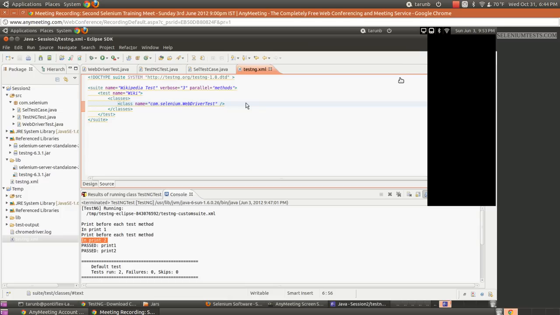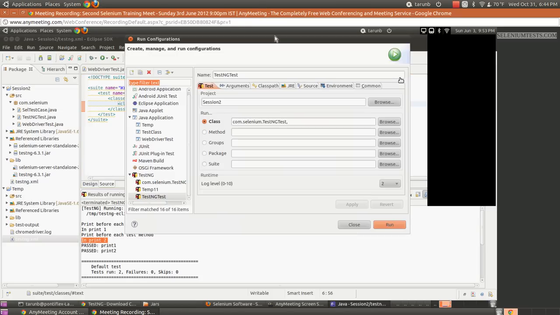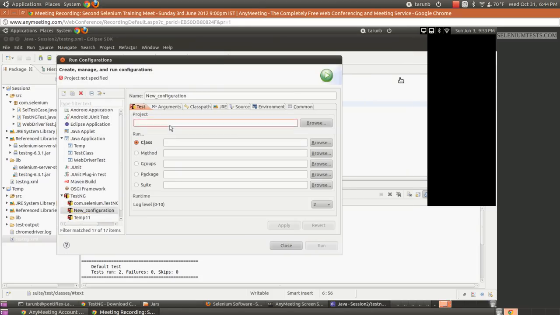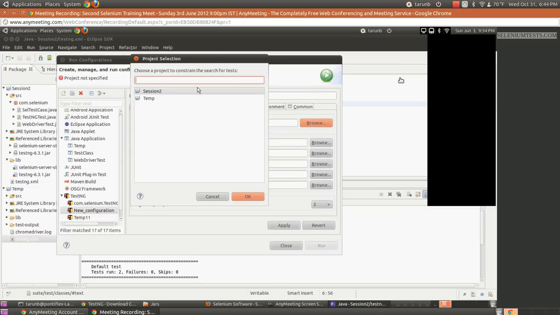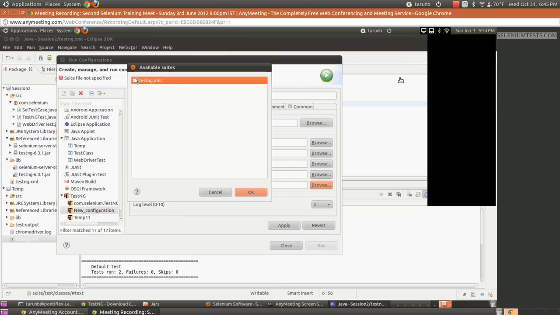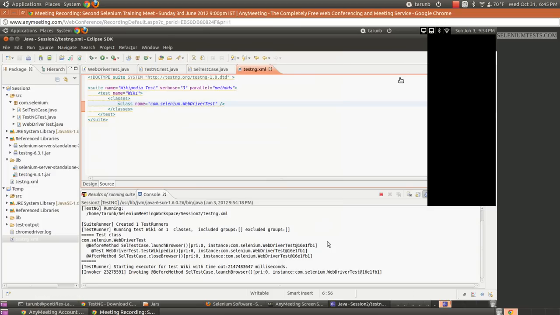Now to execute this as part of the TestNG XML, we will use the Eclipse plugin of TestNG. I'll say run as. I'll use run configuration. So you guys see that I have TestNG here. I'll create one more instance here. I'll name it as session 2, which is our today's session. Let me browse the project here, which is session 2. You can give class, method, other things here, but we'll pick up the suite here. So yeah, this is our TestNG file. Say OK, apply, and after this you can run it. So let us run it.